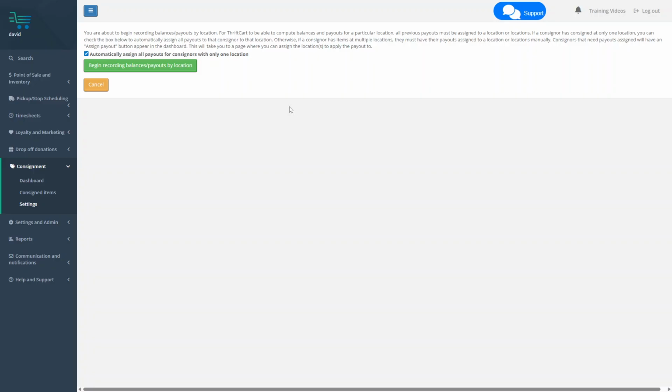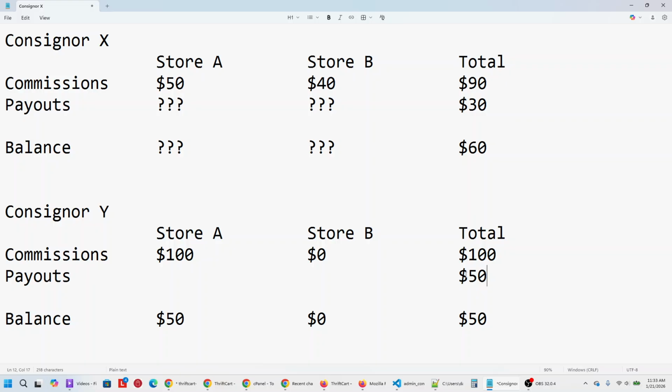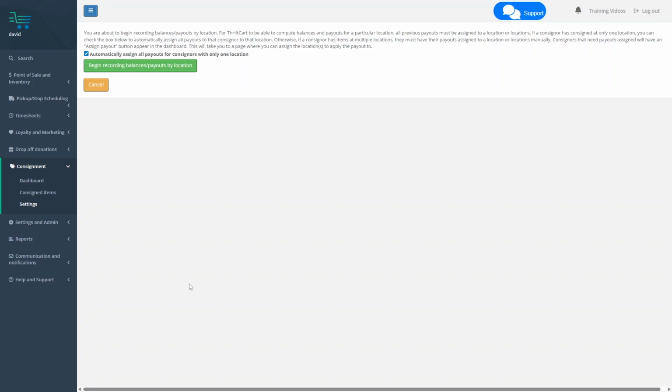What that will do is it will take the payout for consignor Y, so this payout here, and automatically apply it to store A, because that's the only store that consignor Y ever earned commissions at. So that's a little shortcut to make some of this payout location assigning easier. So if we come back here and click this button